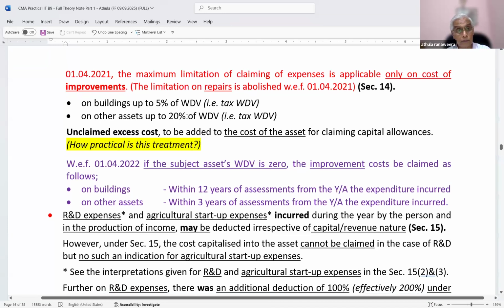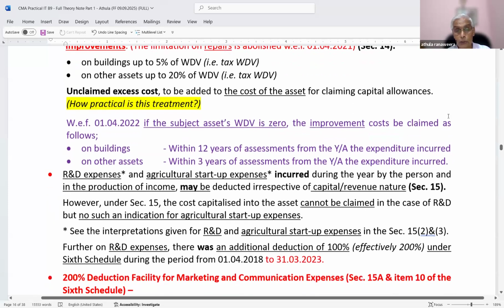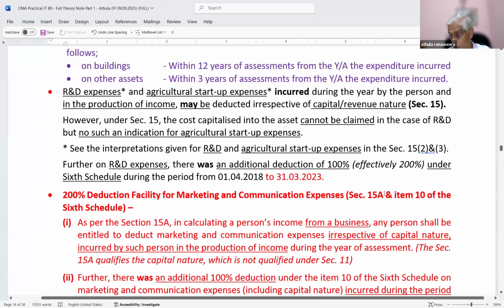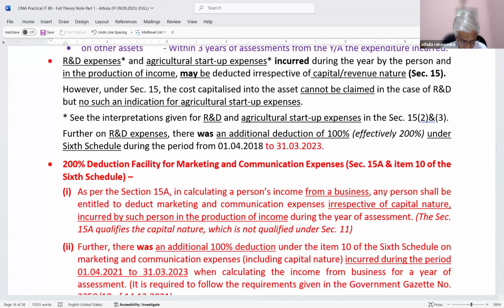Then we discussed section 15, research and development expenses. Now this one, I noticed that a lot of IRD tax officials have not understood this section properly. And as a result, a lot of different views are there. Now we have to consider the substance of this section. What the legislator expected by inserting this section into the law.